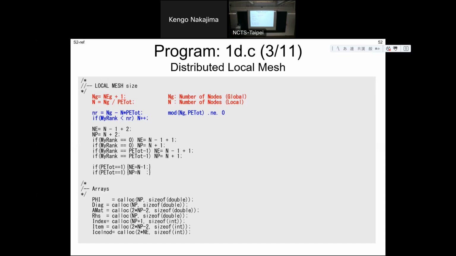Okay. So the next one is to define the number of local nodes. So the value is n, and n is equal to NG divided by p dot. But NG is not necessarily divisible by p dot. And in that case, we just take the remainder here, nr. So nr is equal to NG minus n multiplied by p dot. Okay? And if it's not equal to 0,